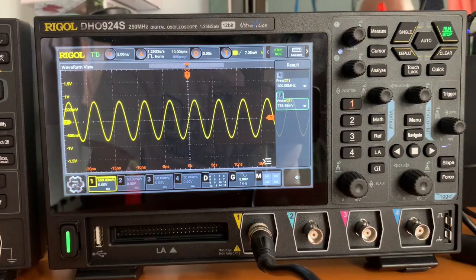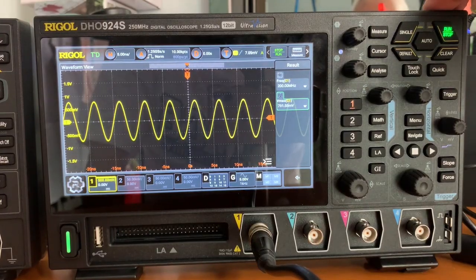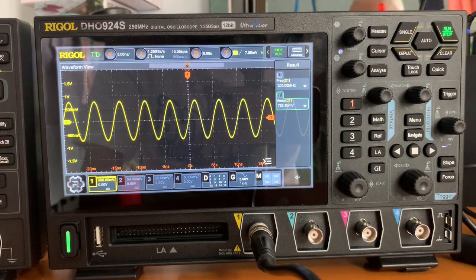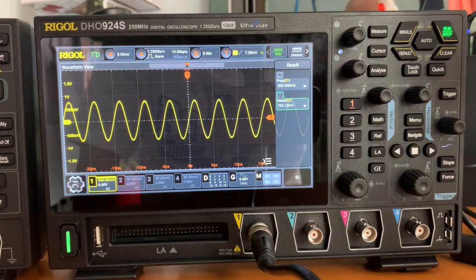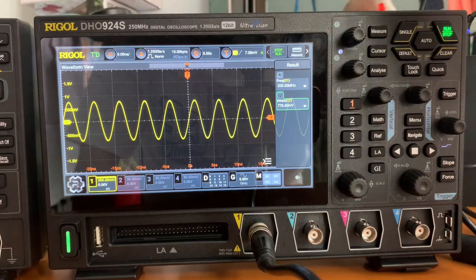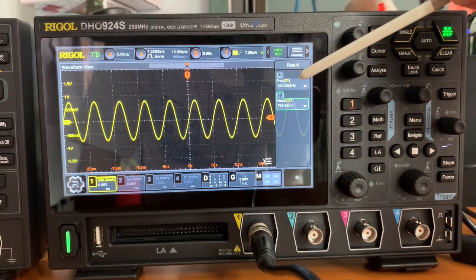Okay, so this is the signal captured with the oscilloscope. This signal is generated from the function generator. Remember, just now we set the frequency to 200 megahertz, and the voltage is 1 volt peak to peak. Let's see what the measured value is here. The frequency is 200 megahertz.